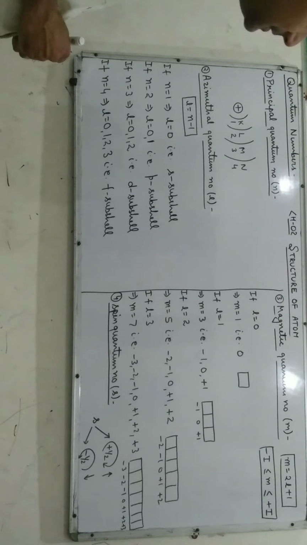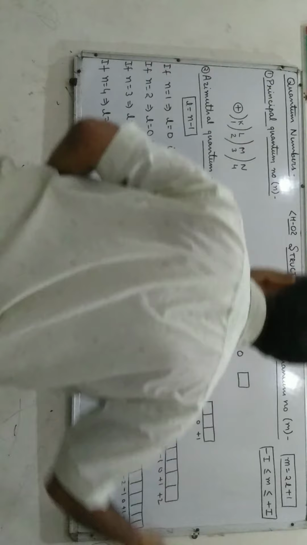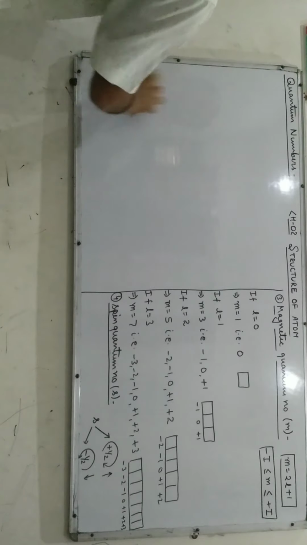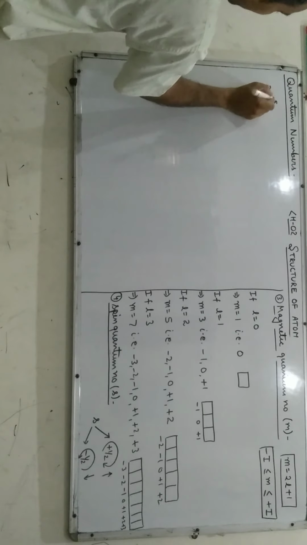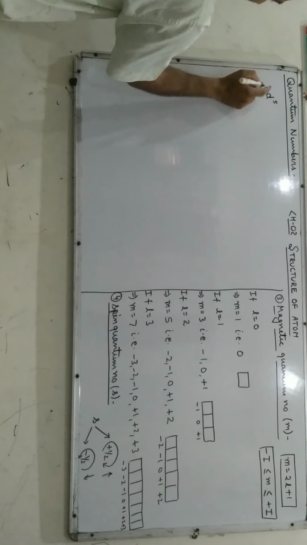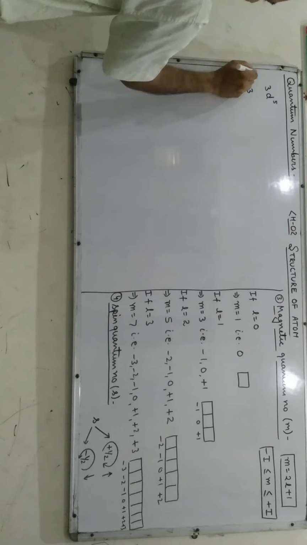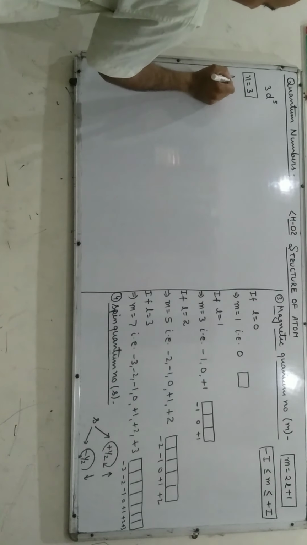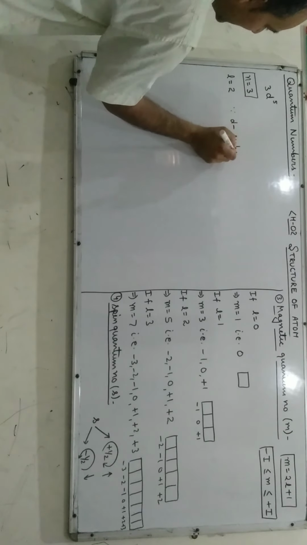Now let us discuss a problem based on quantum numbers. Suppose we have to calculate all quantum numbers associated with 3d5. Here we notice the value of n is 3. That is, this number indicates the energy level. Since d is there, the value of l comes out to be 2, because the d subshell is given.